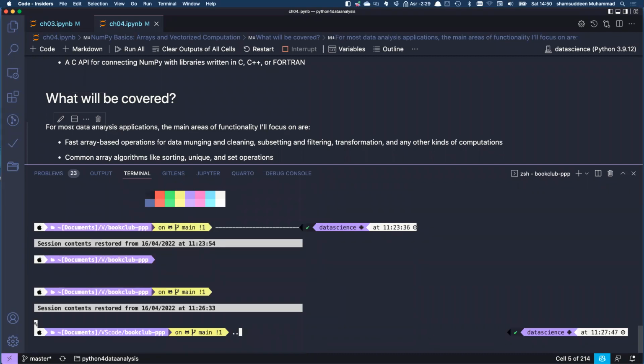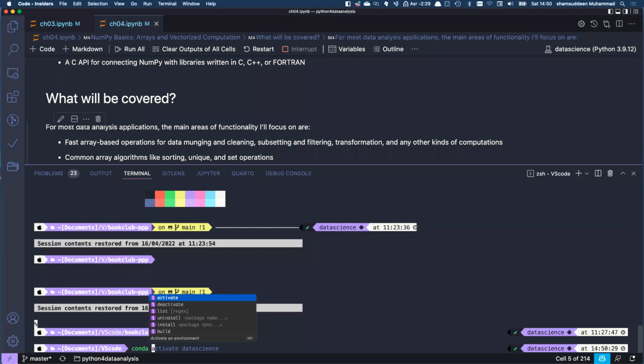So what we are saying here is this. If you look at my screen, I have an environment that I already created called data science, where I installed my packages. Since I am inside my environment, I can just say conda install